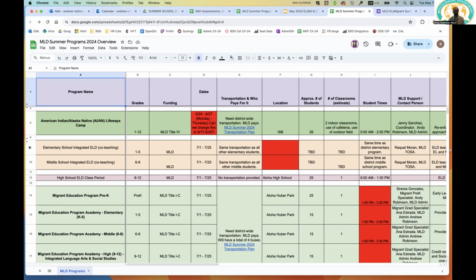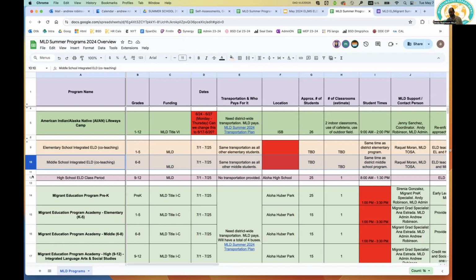This year, we have somewhat of a reduced budget, and so we're really trying to prioritize where we should deploy our resources to support the greatest need areas. One decision we made is that there are going to be 4 elementary schools, they could be at hub sites, that are going to be getting 4 ELD co-teachers to co-teach with classroom teachers. And the same model at middle school. So there are going to be 4 middle school ELD teachers co-teaching in middle schools. Ideally, we'd have a co-teacher at every school. We just don't have the resources to do that. So we're really prioritizing the schools with the highest number of English learners.